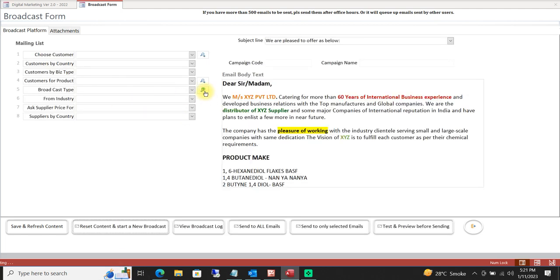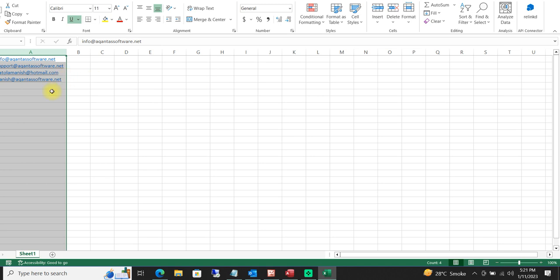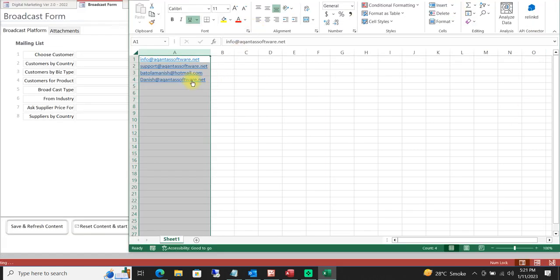So if you see, there's an icon of a spreadsheet here. The moment I click on it, a spreadsheet opens up, and you can store data in it. There's a column out here, column A. Now you can dump in all the emails to whom you would like to send a